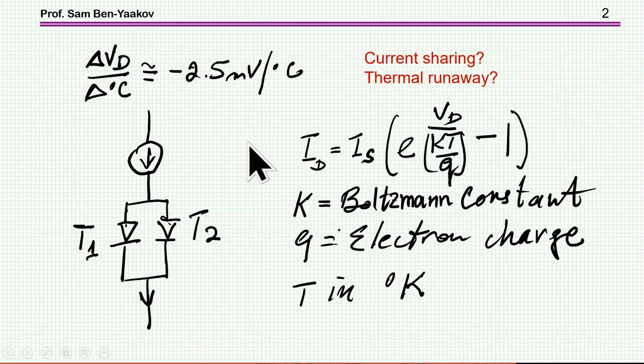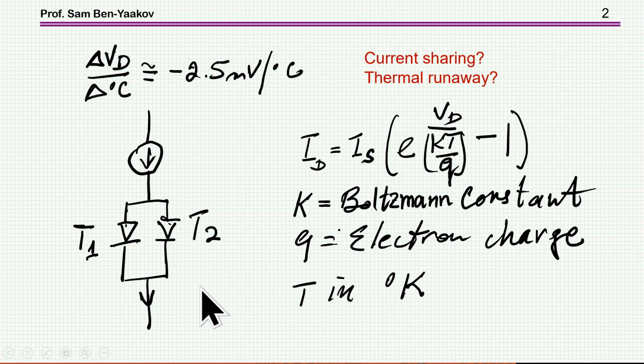And we also know that the voltage across the diode for a constant current drops by about 2.5 millivolt per degree centigrade. This gives the feeling that if you connect two diodes and one of them has a different thermal cooling arrangement, that is, the thermal resistance, say, is larger, it'll get hot, temperature will increase, voltage will reduce, and perhaps it'll sort of capture the current and there will be a thermal runaway. So this is something we're going to explore here in this presentation, and I'm going to do that by simulation